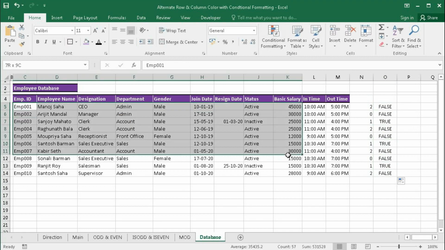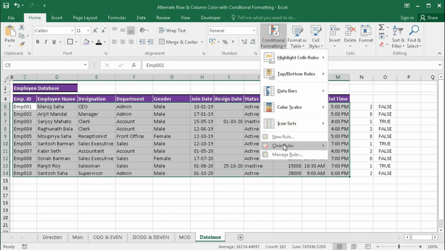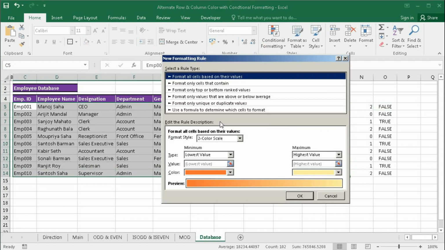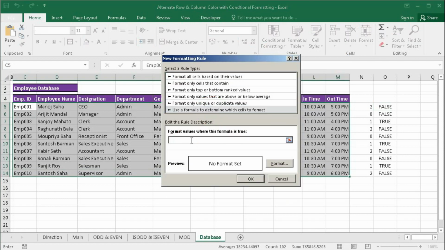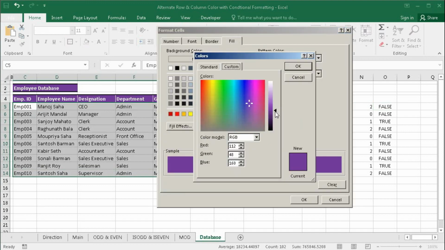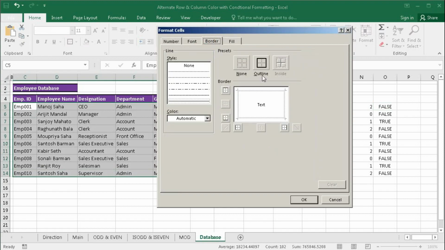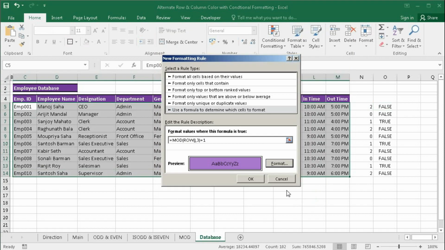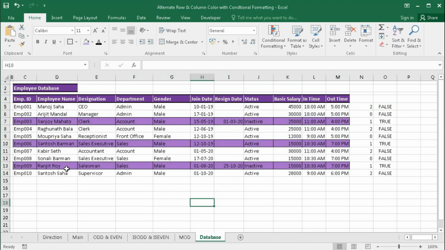Now select the data, conditional formatting, new rule, use a formula, then paste the formula here, then go and select the color you want. Okay, if you want to give a border, then okay. Now you can see every third row is colored: 1, 2, 3, the third is colored, then again 1, 2, 3, the third.